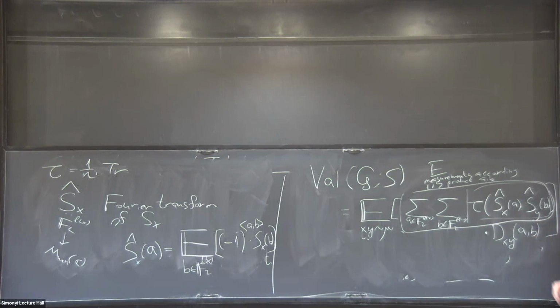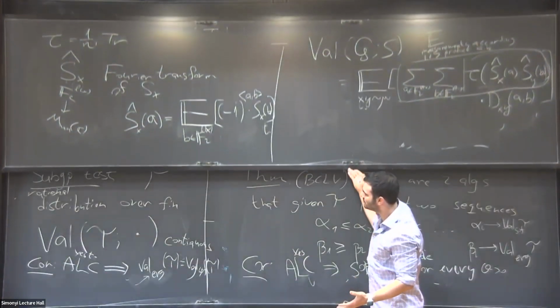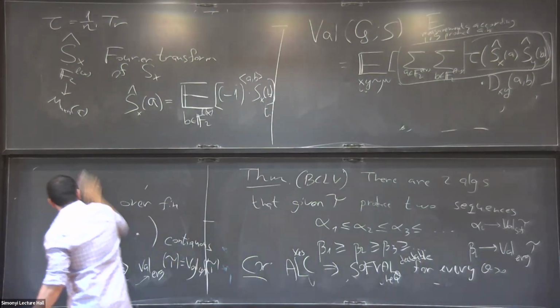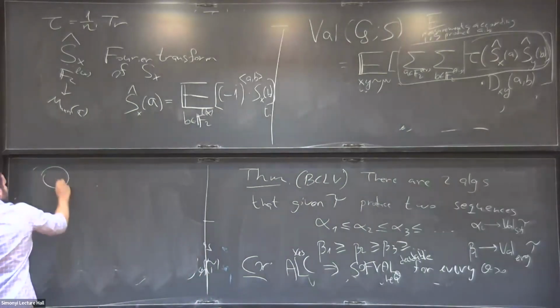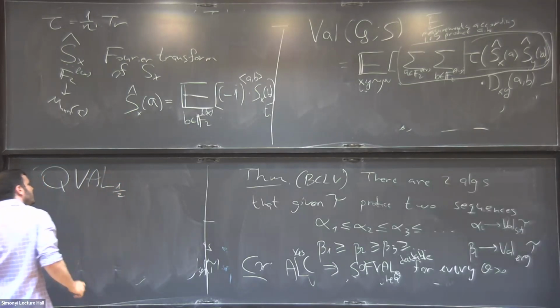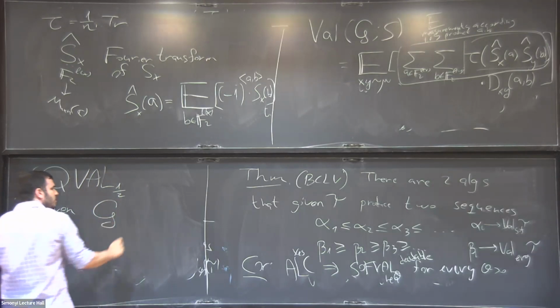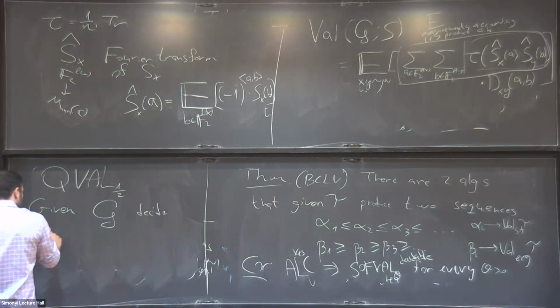Thanks, Irit, for relating it to classical strategy. But the important thing is that now we have a new decision problem, right? So now you can define the following decision problem: quantum value 1/2. Given a game G, decide whether